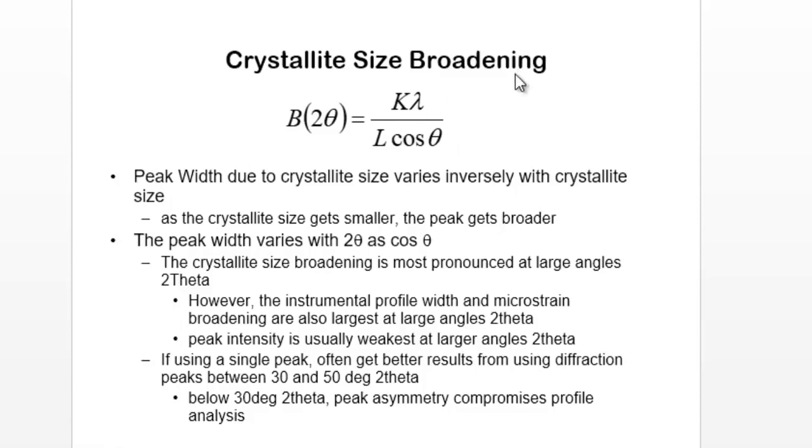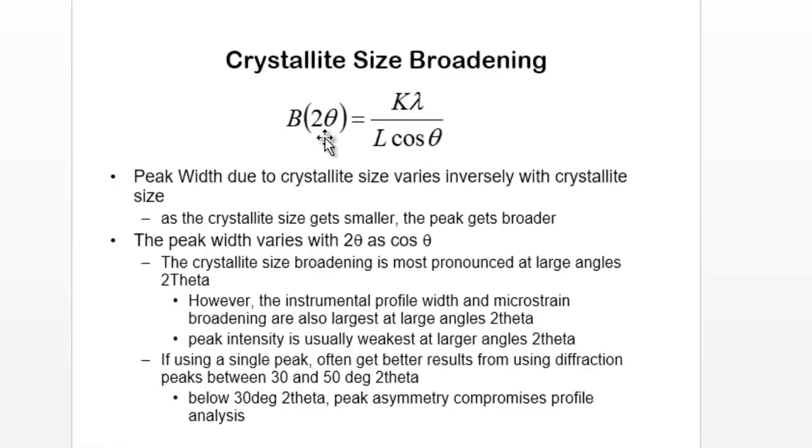And that is what I'm going to show you how to do. And the factor k here can take several values depending on the type or the shape and size of your sample. So it can either take 0.89, 0.94, and many people just take it to be 1. It doesn't really matter that much. Then lambda is the wavelength of your X-ray, and cos theta, here theta would be the angle or the position,